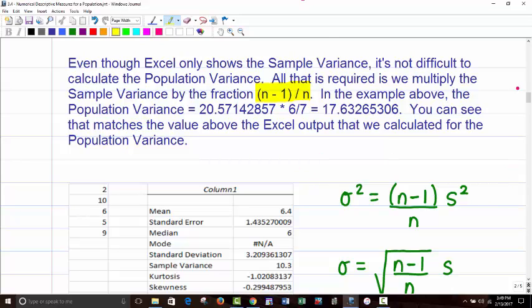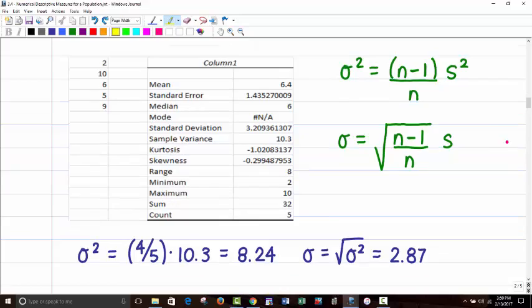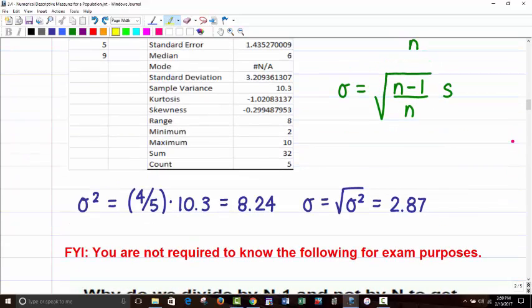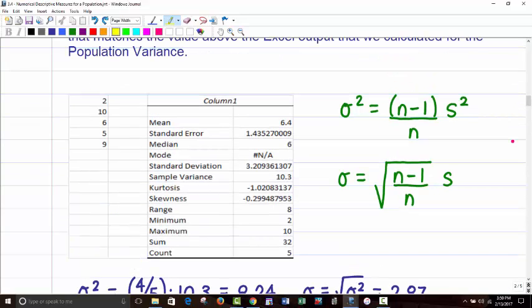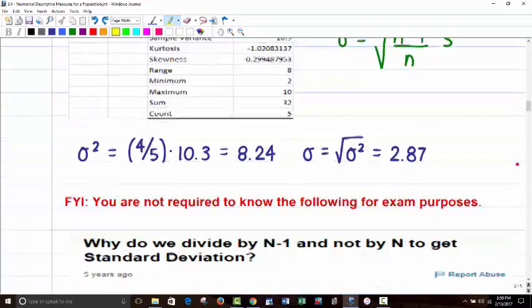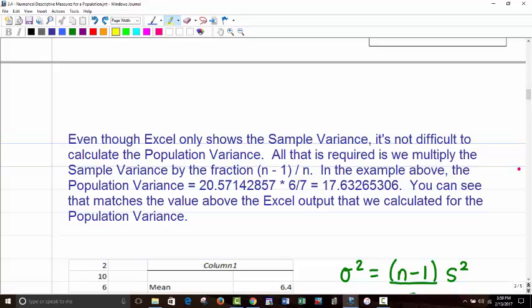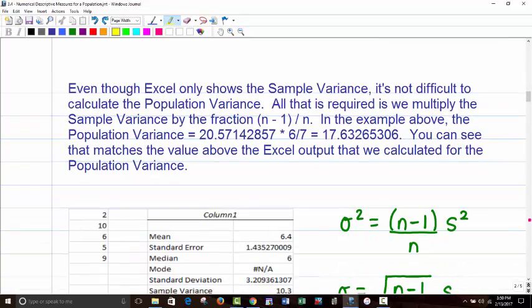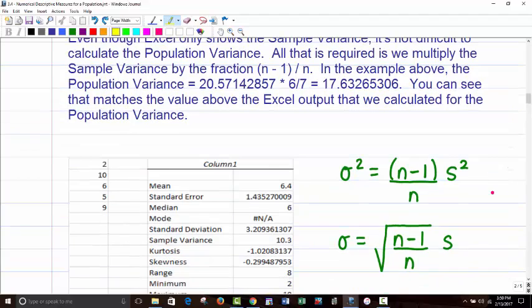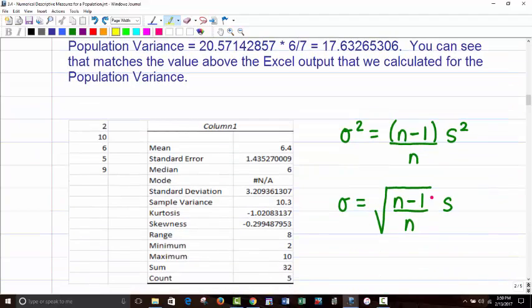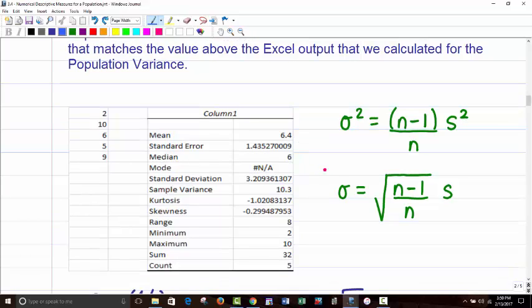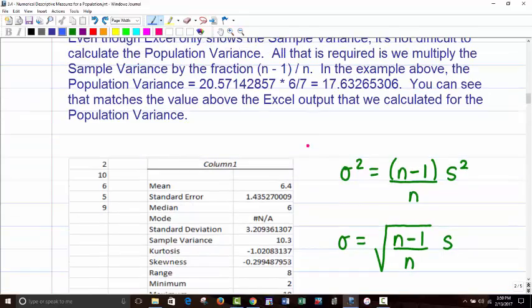So let's say if we took a look at, let's see if I've got one. All right, and the same thing. Now, of course, remember in the calculator, we've talked about this before. The TI only gives you the standard deviation, so you have to square it to get the variance. I think I'll do that real quick here in a second. But anyway, I did this in Excel. Same 5 numbers we did. So this answer gives you 10.3 for the sample variance, and we wanted population variance. So what I did is,